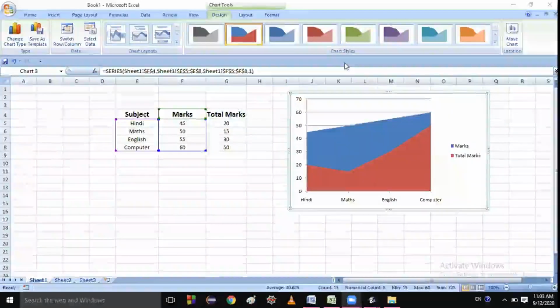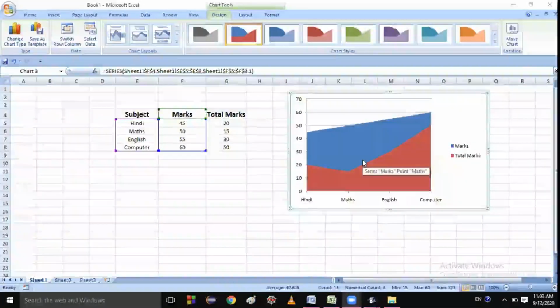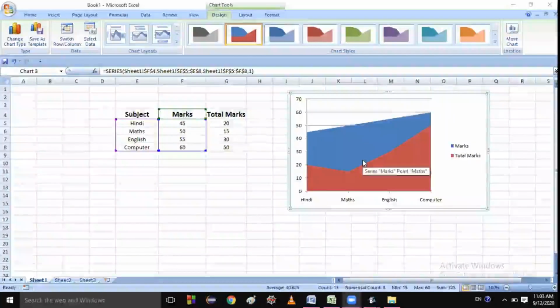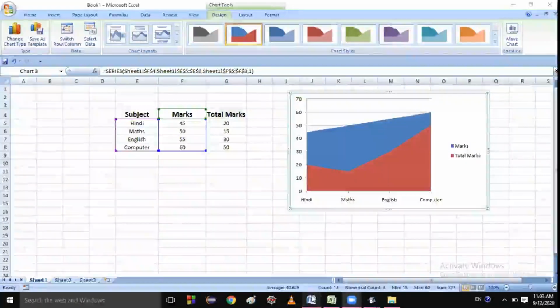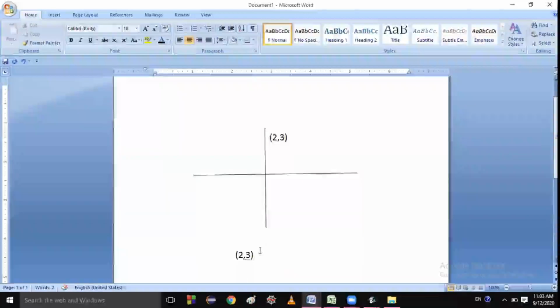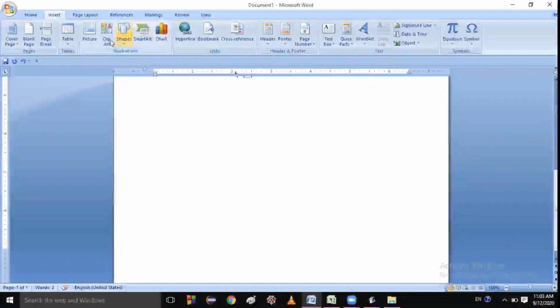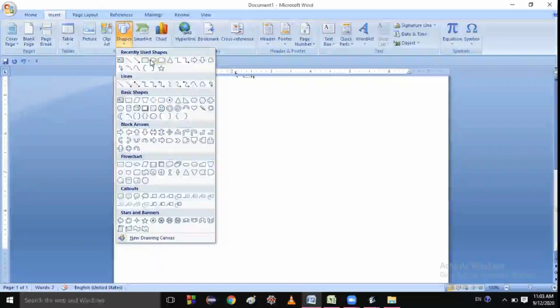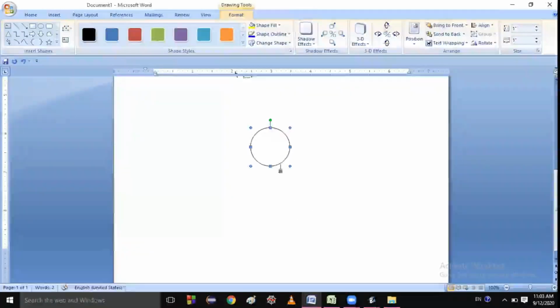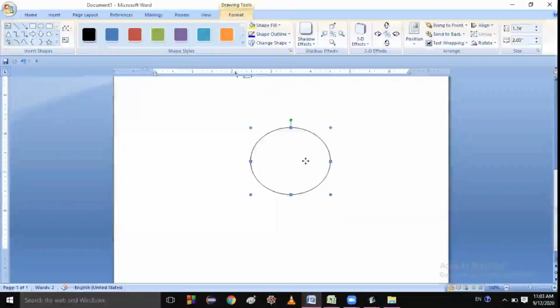Okay, so next come students. Next comes the pie chart. What is a pie chart? In mathematics, I think you are in class 8th, na? Yes, sir. So in 8th there is the pie chart in mathematics. Let me show you. This will be the circle, and this circle is divided into portions of the whole.